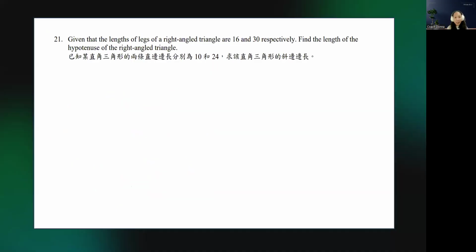Given that the lengths of the legs of a right angle triangle are 16 and 30 respectively, find the length of the hypotenuse of the right angle triangle. All right. So the lengths of the legs. So when you have a right angle,